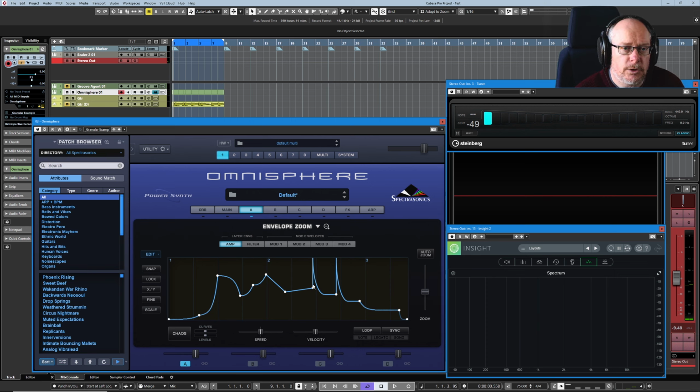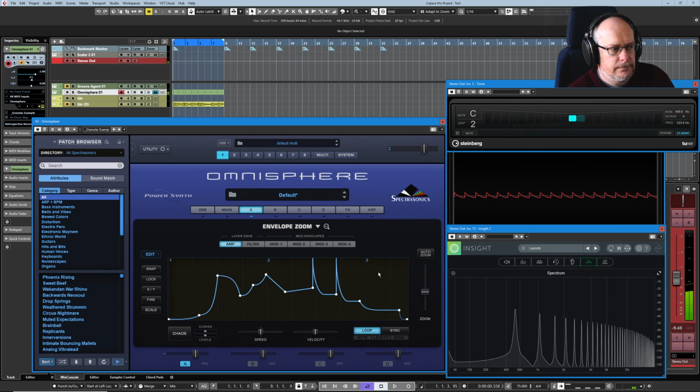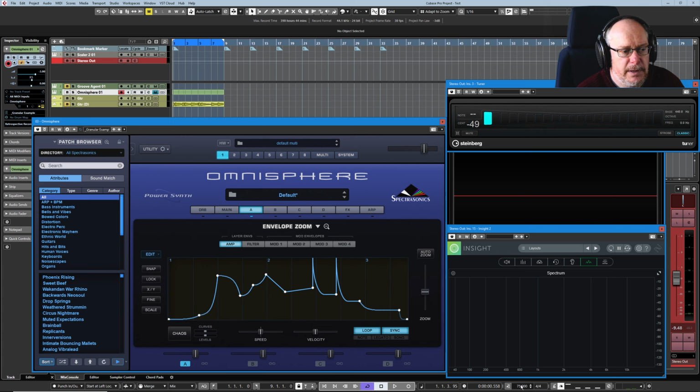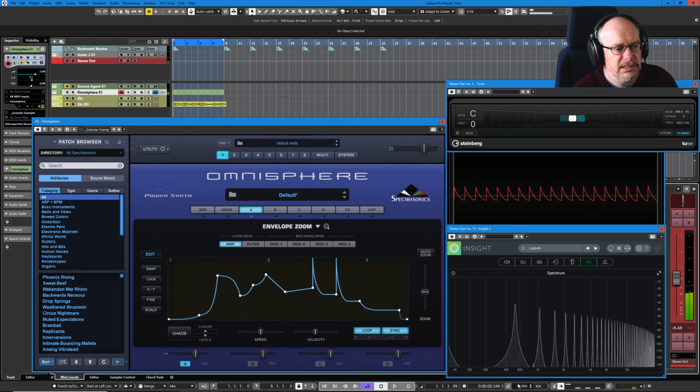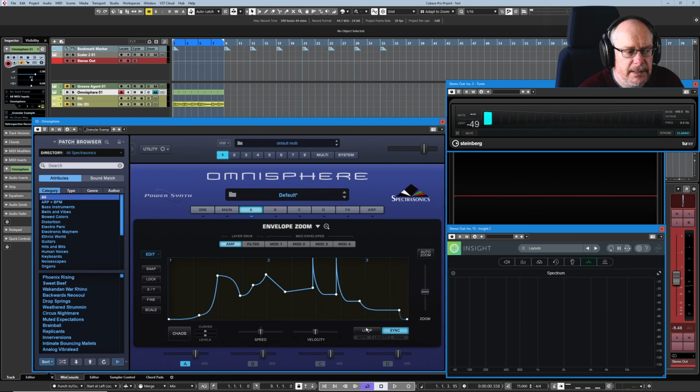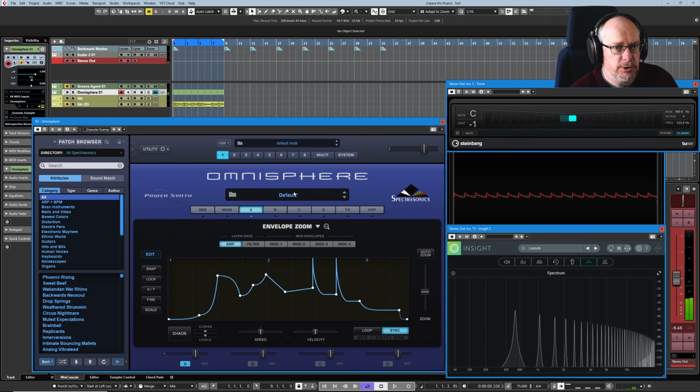But it doesn't have to be a one-shot deal. I can engage loop mode, and now it's going to play this envelope over and over again. I can sync it to the host BPM. So here we are, we happen to be at 75 BPM at the moment. Increase the BPM. And these two controls are independent, so we don't have to be in loop mode, but we can be in sync mode. So now it'll just play through once, but it'll play through at a rate that's appropriate to the